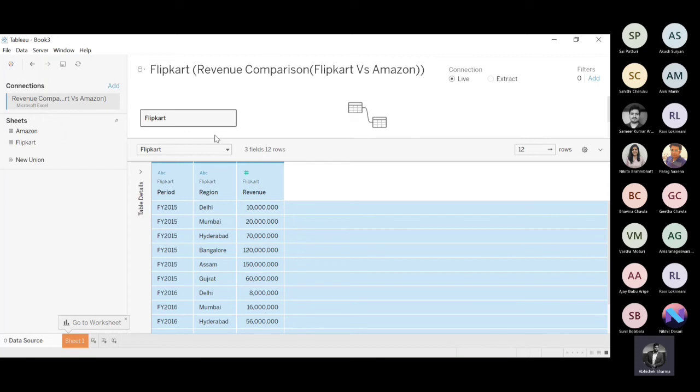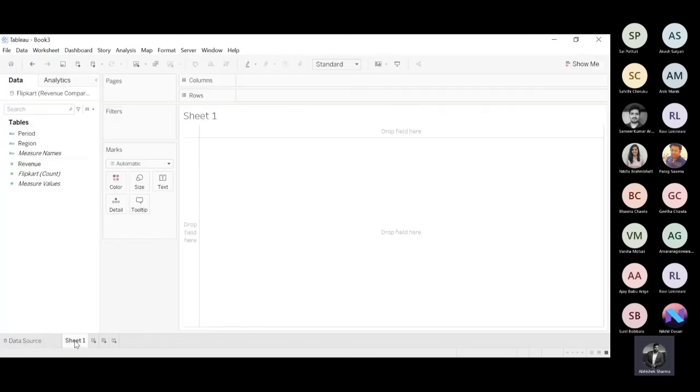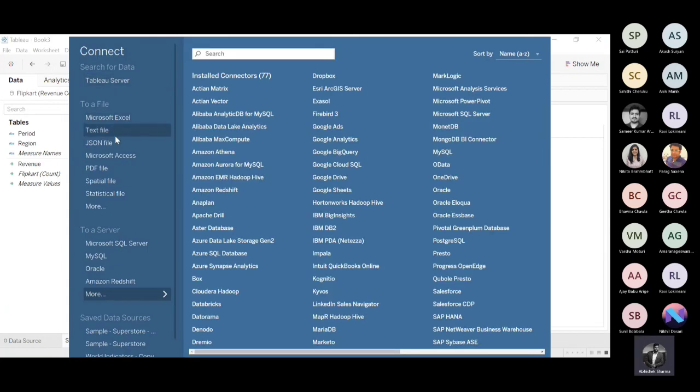So I have Flipkart as my first data source here. If I go back to the sheet, you can see Flipkart as my first data source. In this case, I am taking it from the same sheet. Now consider the second one coming from some other source, let's say some CSV file. I am taking it from the same sheet, but you can consider it from a different source as well, because I want to show you how the blending takes place. So consider the first one coming from this Excel file, and the second one,